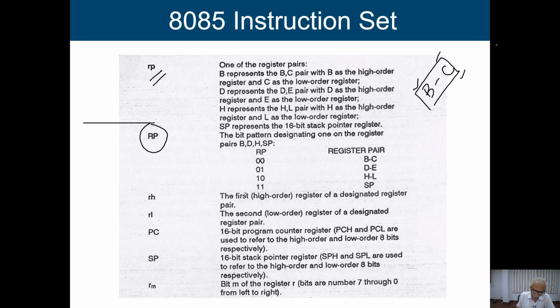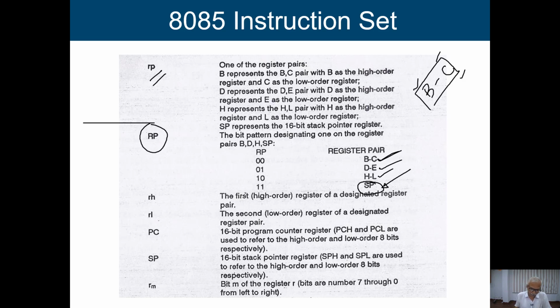So what is the code given over here? If the RP register pair code is 00, basically we are going to work with the register pair BC. 01 is DE, 10 is HL, and 11 is known as the stack pointer. SP means stack pointer. I think till now we have not introduced this stack pointer, but I think all of you know about the stack. We can maintain a stack in our memory, and to maintain this stack, the stack pointer register is used. Okay. So if time permits, we will discuss this stack pointer.